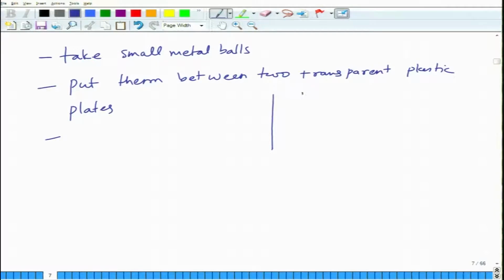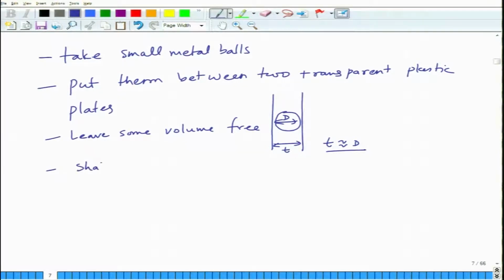So, this is one plate, this is another plate, and the spacing between the plates is the same as the diameter of the ball, okay. So, this is the thickness spacing. So, T is nearly equal to D. Leave some volume free so that balls can move around, shake it, and then allow balls to settle, and then observe the